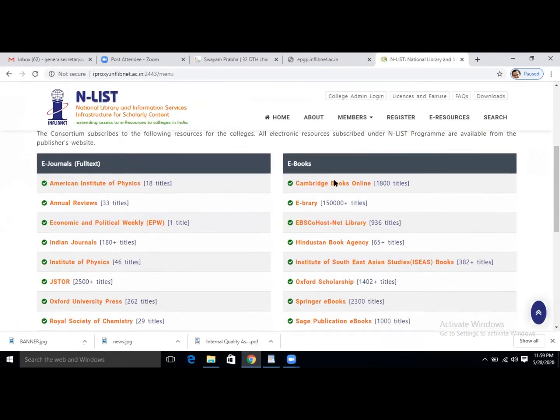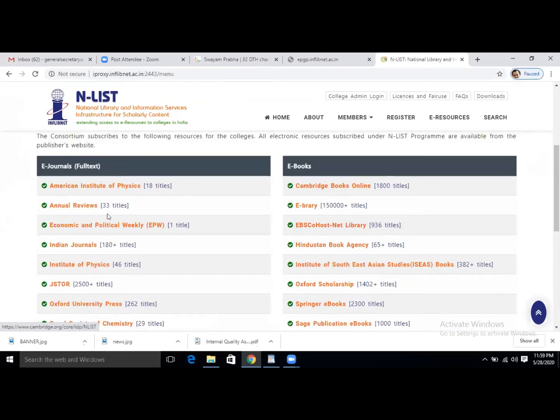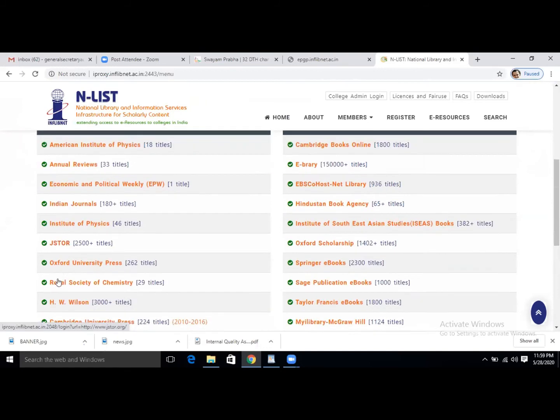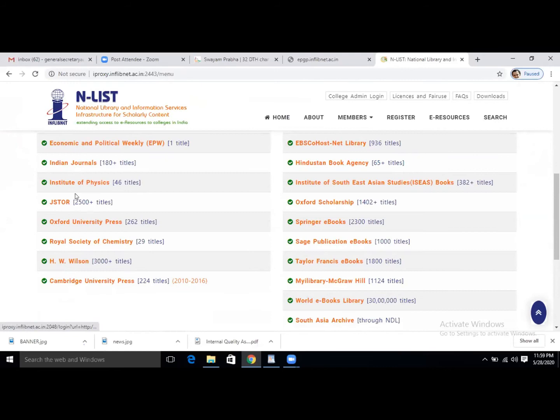Now for the first time, since I am a new user, suppose I am logging into my N-LIST account. And see, in this N-LIST account, there are lots of e-resources. If you find the e-journals like American Institute of Physics, Annual Reviews, Economic and Political Weekly, Indian journals are available, JSTOR, Oxford University Press, these are all the different reputed publishers from where the different e-journals are